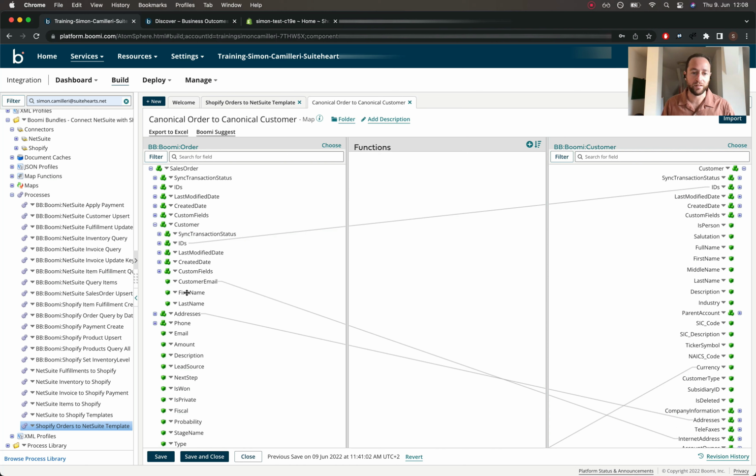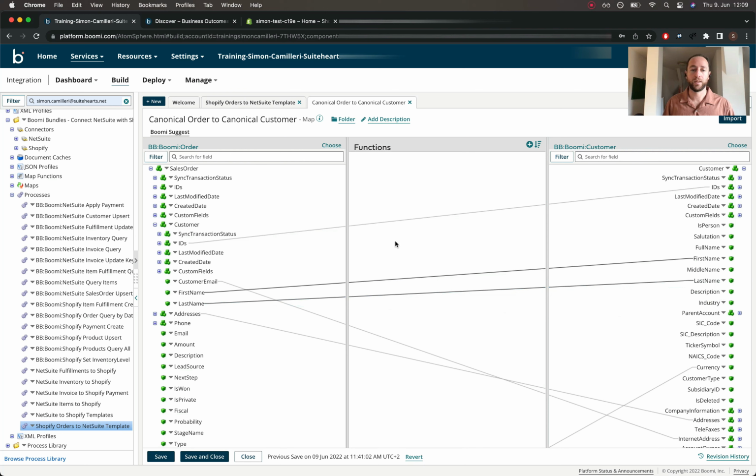Really, it's just a drag and drop mechanism. So you could drag one property from one profile to the other. For example, we can map first name and last name. We have this full name property here on the right, and